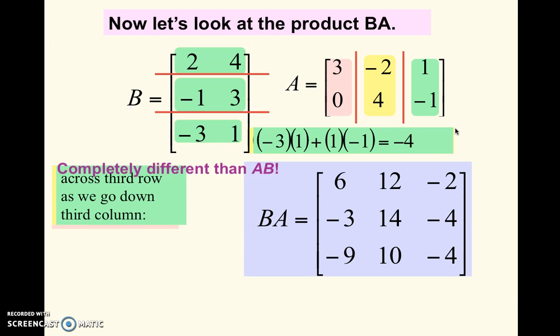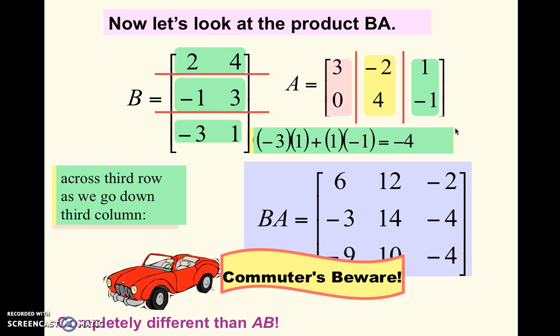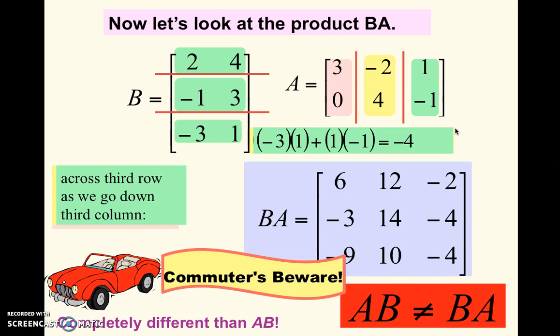whereas when we had looked at the product of AB, we had a 2 by 2 matrix, didn't we? So it was completely different. So remember, when we multiply matrices together, they do not have the same commutative properties as we normally look at. So A times B is not equal to B times A, because normally when we look at multiplying things together, we think of the commutative properties. So if we went 3 times 4, that equals 4 times 3. Not in this case. We're talking about different sized matrices, and it's not going to be commutative,